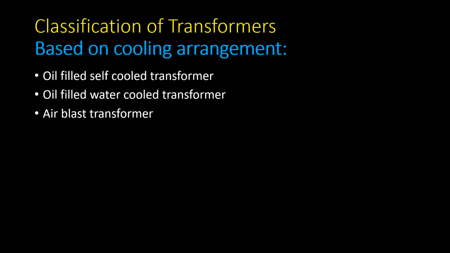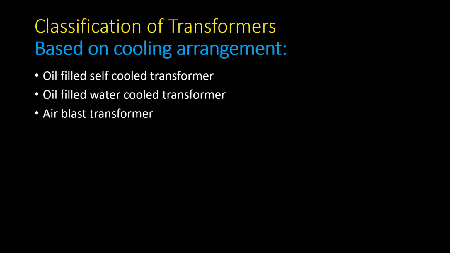The oil in this case serves two purposes. One is to convey the heat, so for cooling purposes it transfers the heat to the atmosphere. And second, as insulation. In case of small size, the tanks are usually smooth surfaced. You might have noticed these things in your residential areas also. You will find different types of transformers assembled on two-pole mounted substations. Even in our institute, we have a two-pole mounted substation.